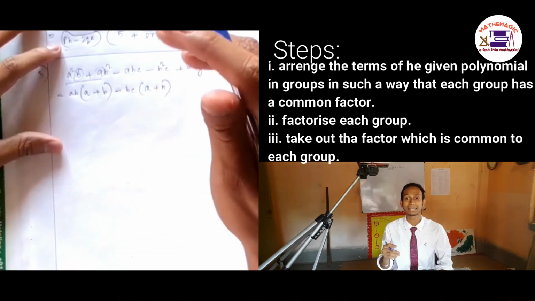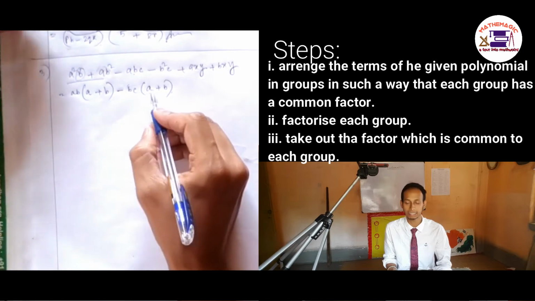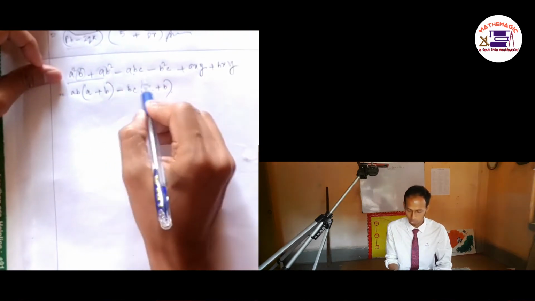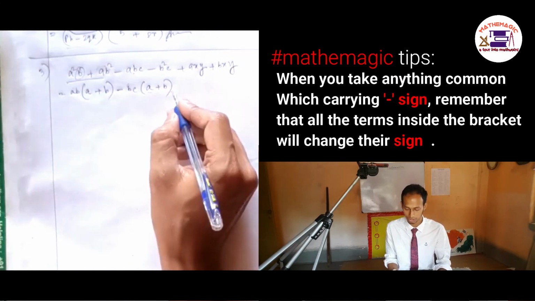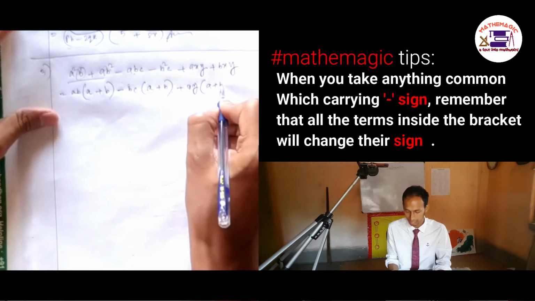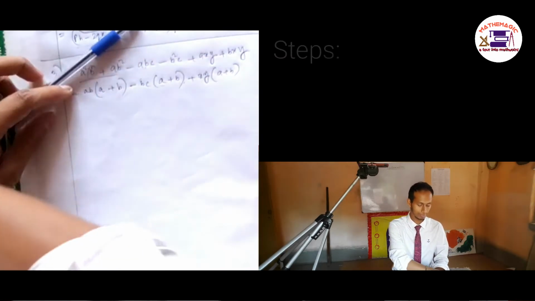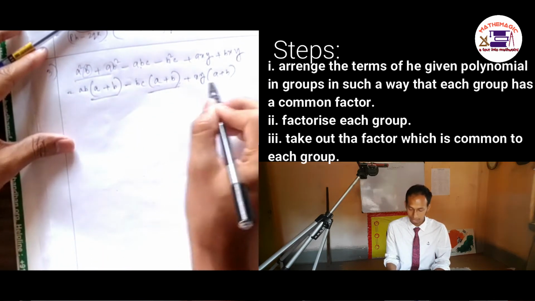So while we will be taking any term, all the remaining terms inside the brackets change their sign. Like here, see, both were carrying a minus sign, but inside the bracket both are now positive. So from the last group I want to take xy common, so that a plus b is only left. Similarly, I want to show you now in this step, a plus b, a plus b, a plus b,